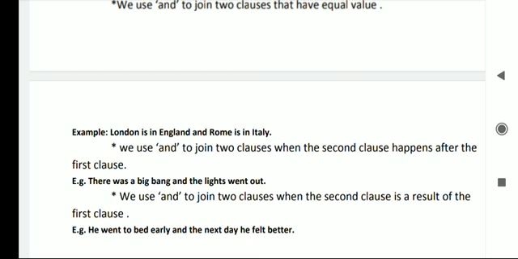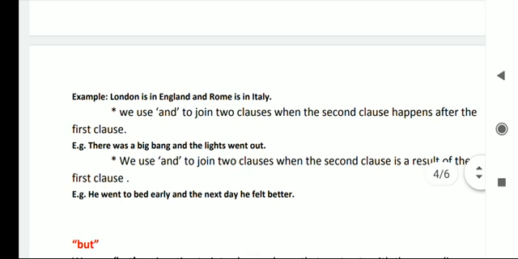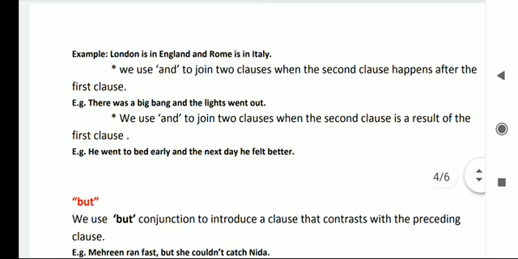इस तरह बहुत सारे हम यहाँ पे एग्जाम्पल्स बता सकते हैं। So we use and to join two clauses when the second clause happens after the first clause। हम वहाँ पर भी and इस्तेमाल करते हैं जहाँ पे when the second clause happens after the first clause। For example, there was a big bang and the lights went out।